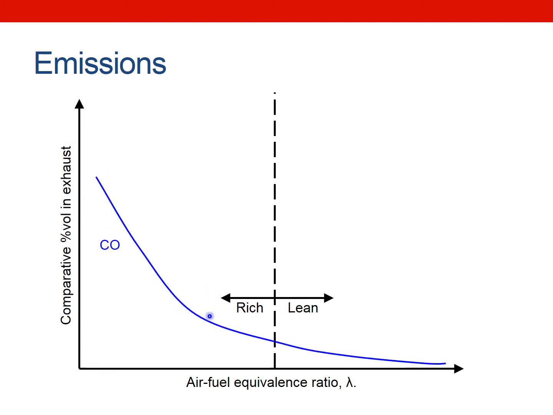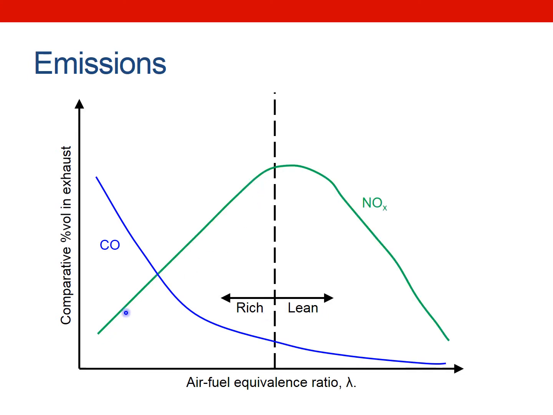Okay, so CO. As you'd expect, if we start to go fuel lean, then the hydrocarbon is likely to react with the air, giving you not very much CO. If you come fuel rich, then you get incomplete combustion. As we talked about on the previous slide, you get increased levels of CO due to the incomplete combustion. Whereas fuel lean, you do get complete combustion.